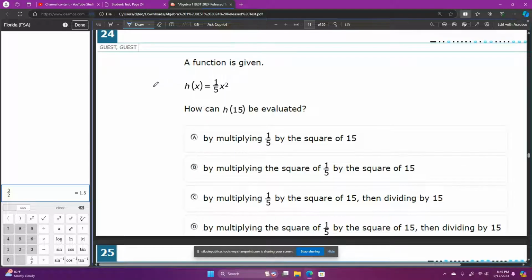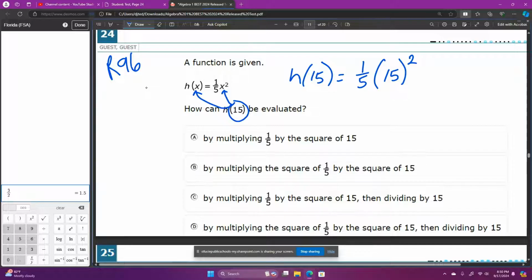Question number 24 says a function is given. How can h of 15 be evaluated? And when you're evaluating a function, we did this in IXL on lesson R96, and we practiced using your Florida Decimals calculator. What you do is you take this 15 and you plug it in for every x. So the h of 15 would be equal to 1/5